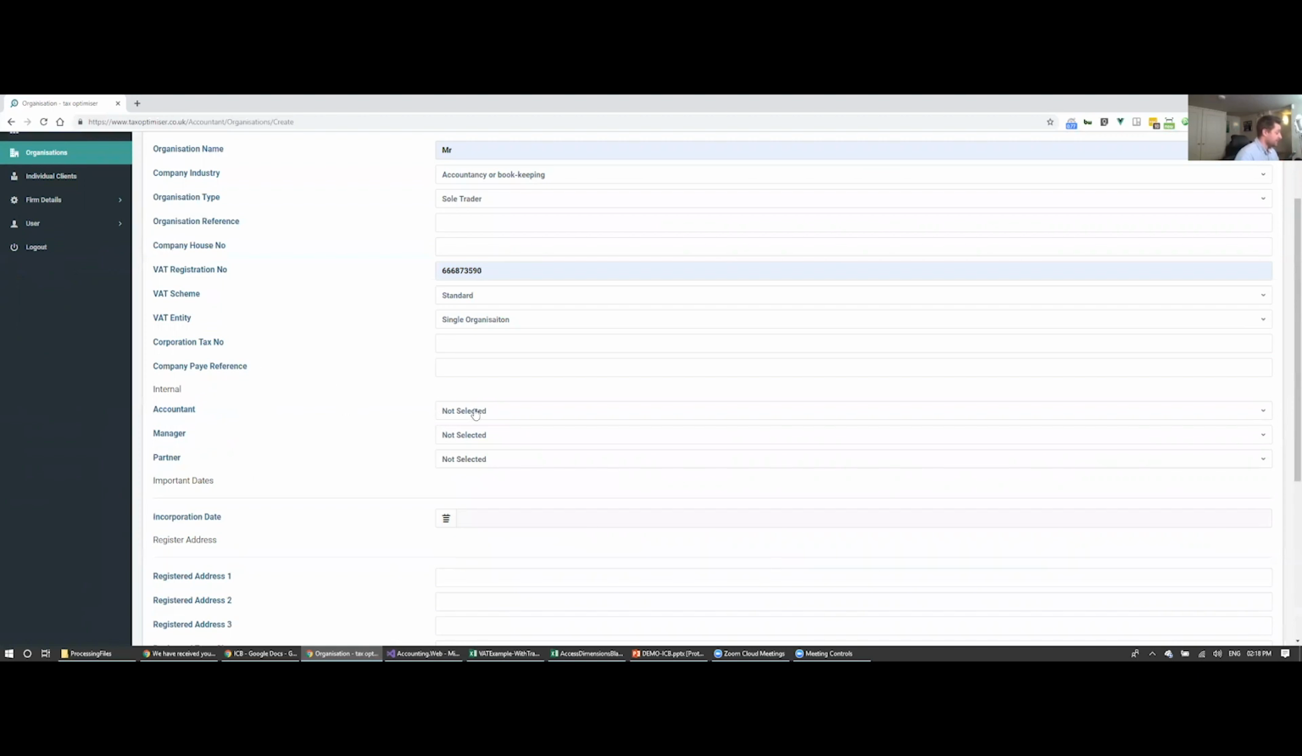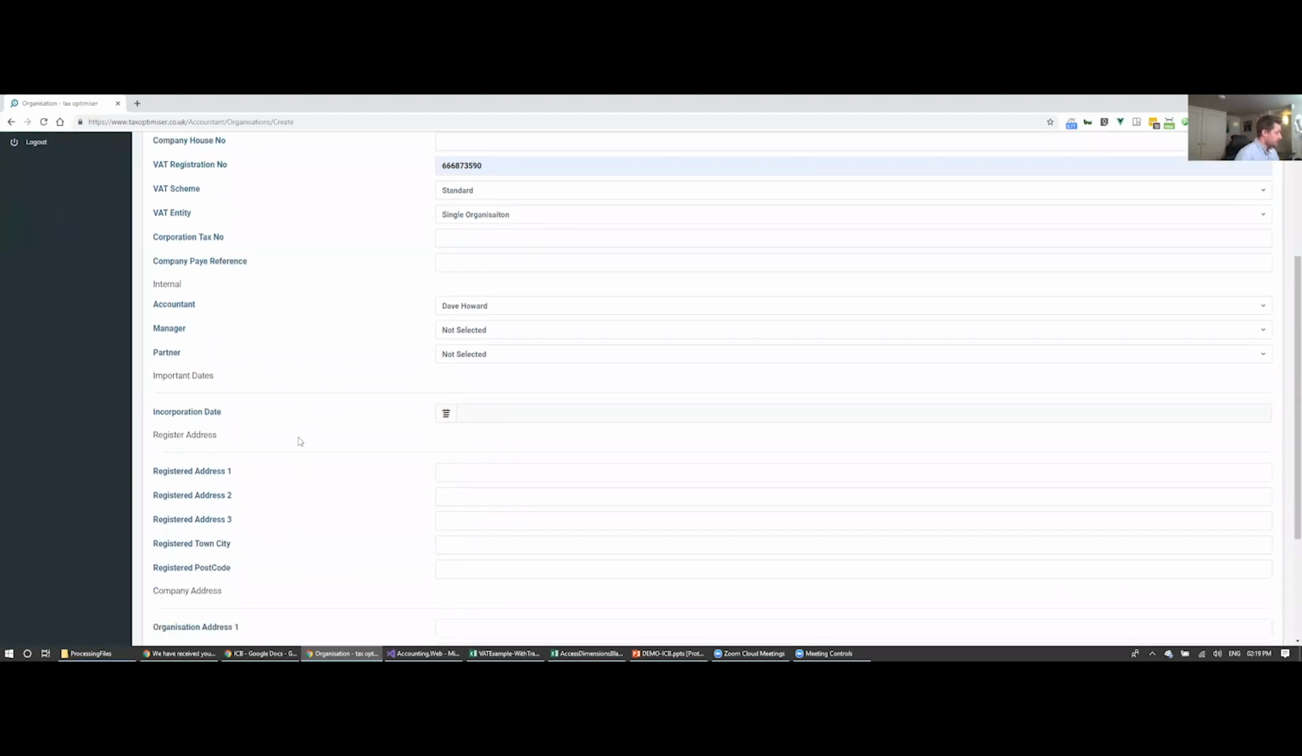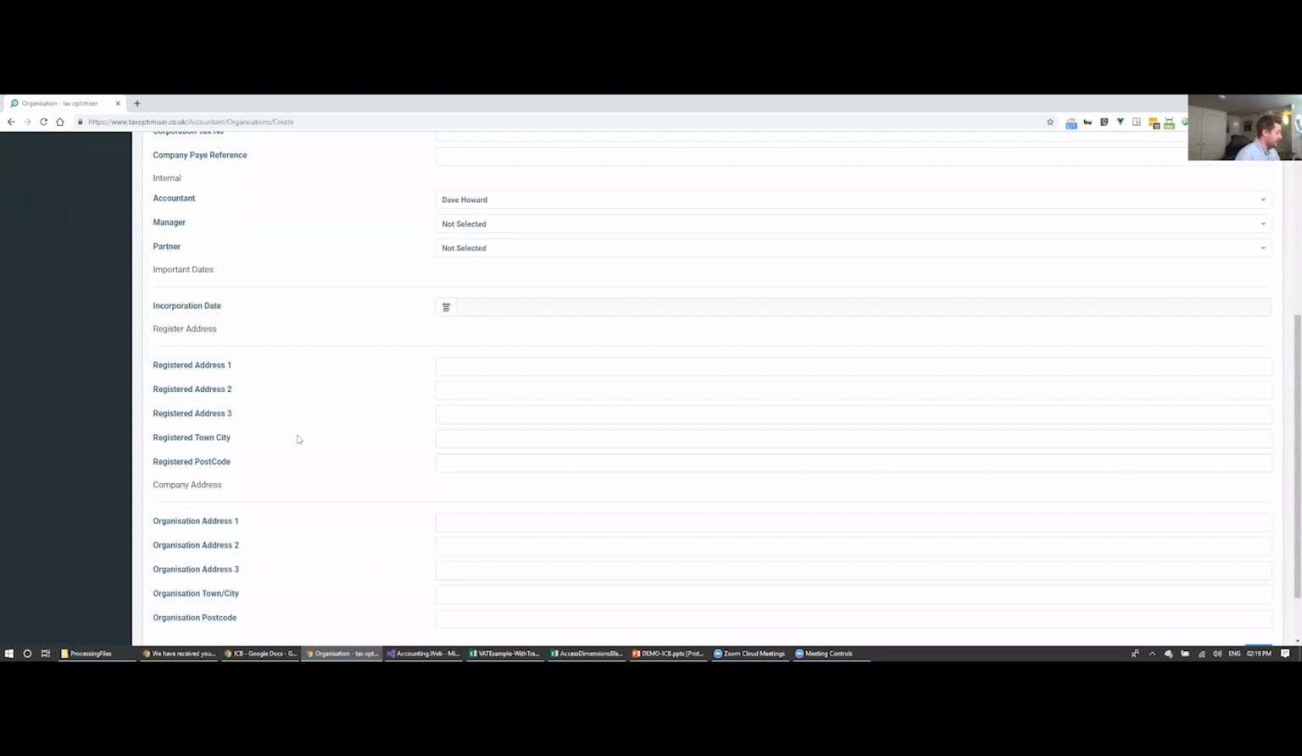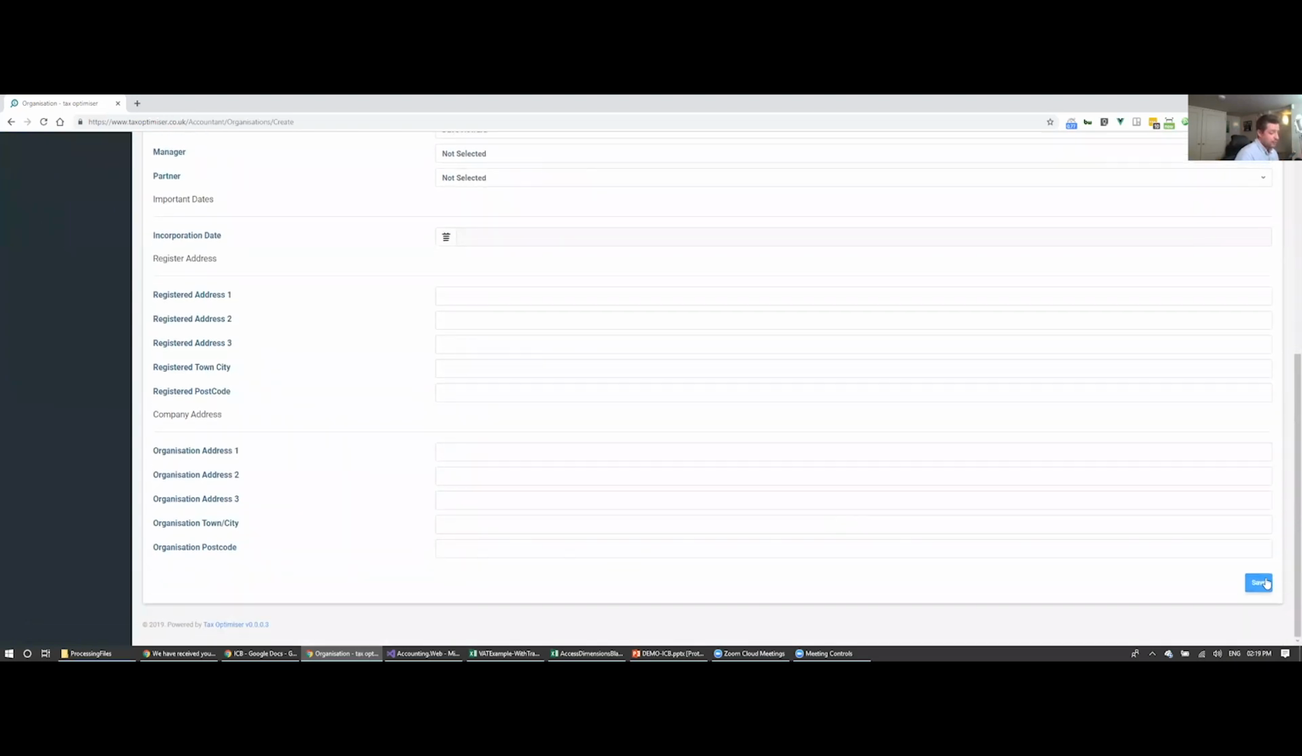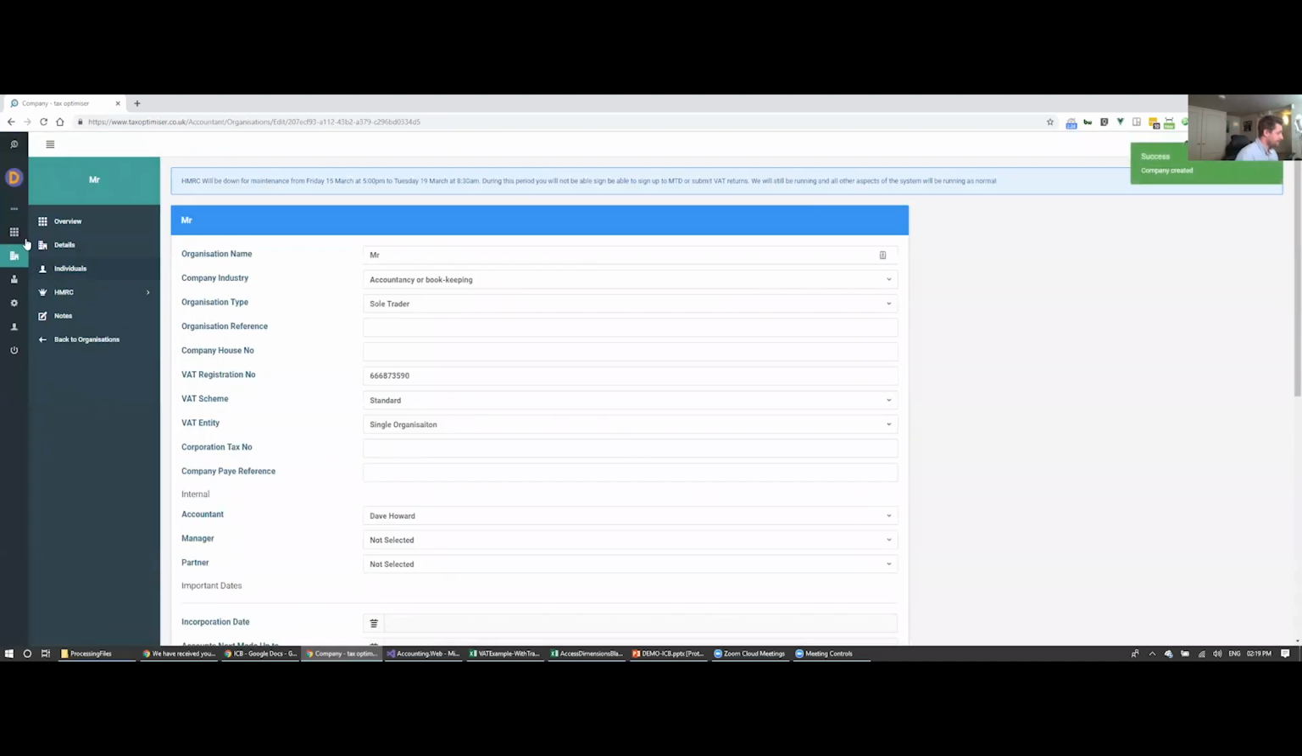We can also see internal accounts, so you can associate managers and accounts within your firm or practice, and we'll see how that works later. But all we need to do is enter the VAT return number. Now, once we've done that, we're going to go to HMRC, and then I'm first of all going to go